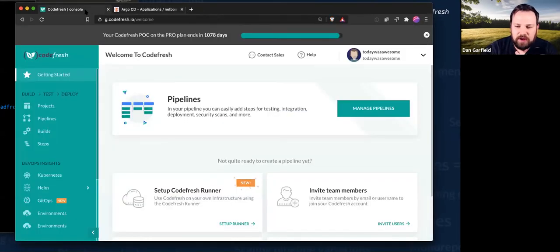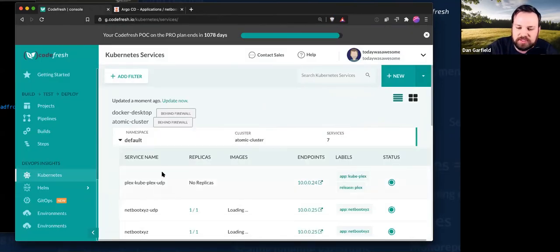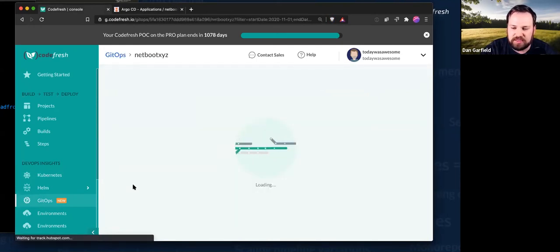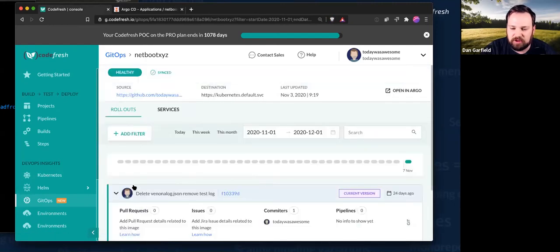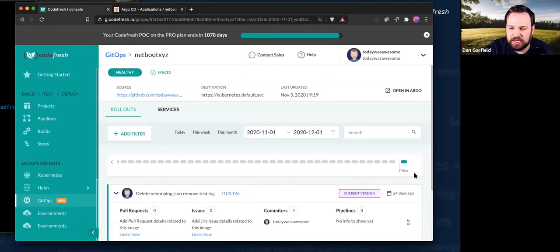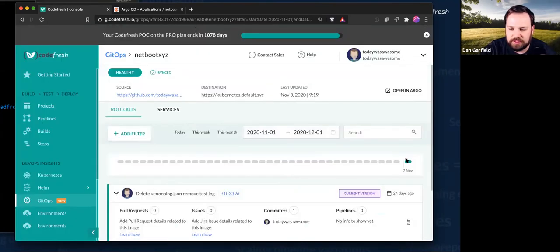And if I were using this, I can actually use this inside of Codefresh as well, because I normally would have a CI process. We're not going to get into the CI process elements here, but if I go over to my GitOps dashboard in Codefresh, you can see that the netboot XYZ is synced. And so it's actually showing me a similar amount of information, but I can see all of the deployments that have happened today. So I can actually see them as they're occurring in real time. Refresh that. Should show up. So this gives me time, right? Which is one useful metric.